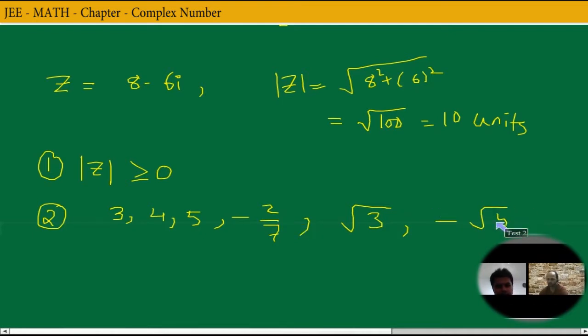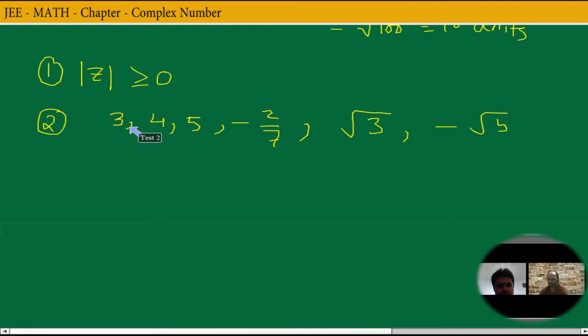All these numbers are real. Now the question is, can we say these are complex as well? First of all, if you remember, I told you the definition of a complex number is a plus ib, where a and b are real. Now the question is, if we are able to write them in that form, it would be